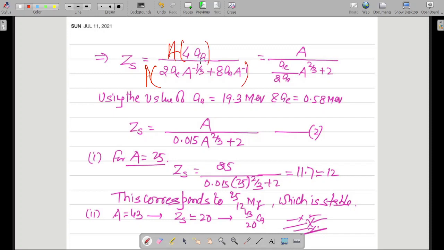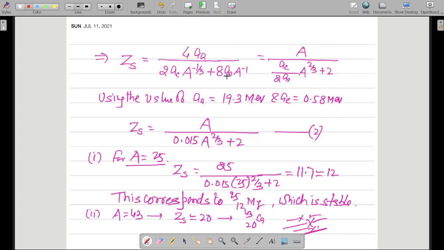So a to the power 2 by 3, a into a to the power minus 1 is a to the power 0, so there is nothing over here. So what do you get from here? Zs equal to a divided by ac divided by 2aa. You have also divided by aa on the numerator and denominator both, and multiplied by capital A. Multiply by capital A and divide by small aa. That is the thing which we have done over here, and after you do all those things, you get an expression of this kind.